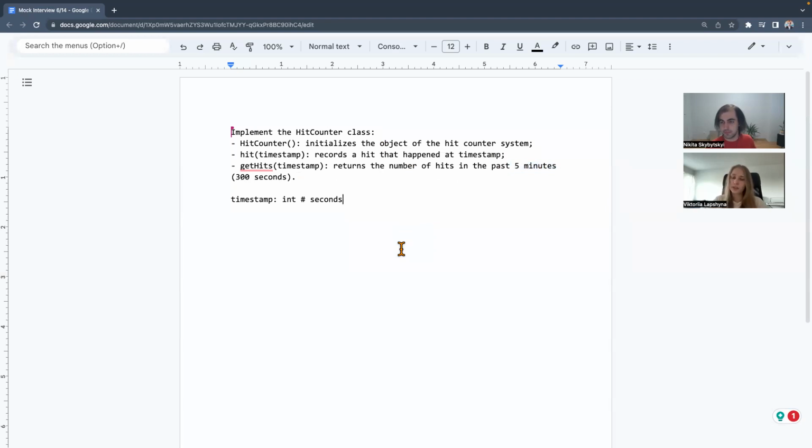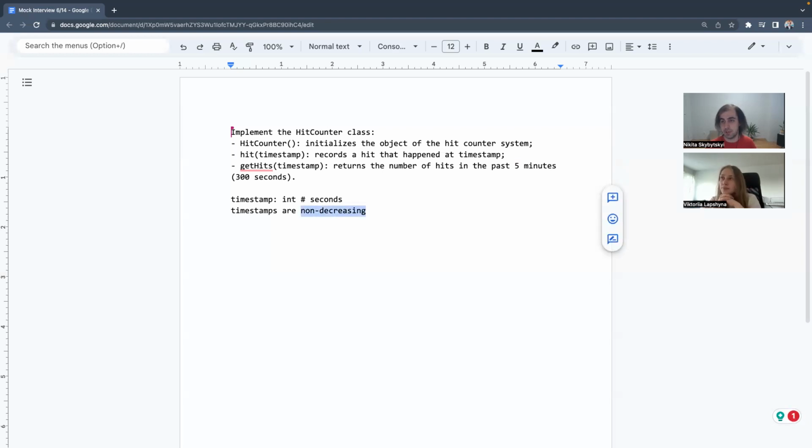And when we are given an input, can we have consecutive timestamps such that the second timestamp is lower? So for example, first we do hit 60. Timestamps are non-decreasing. Okay. So they are not necessarily strictly increasing.